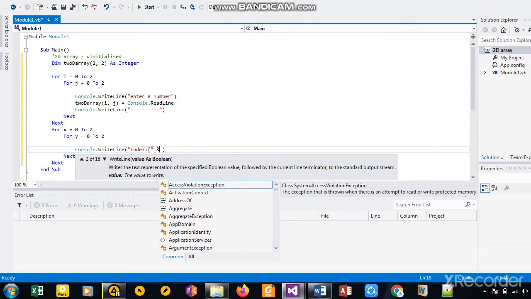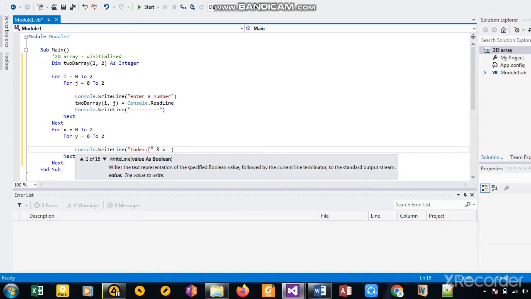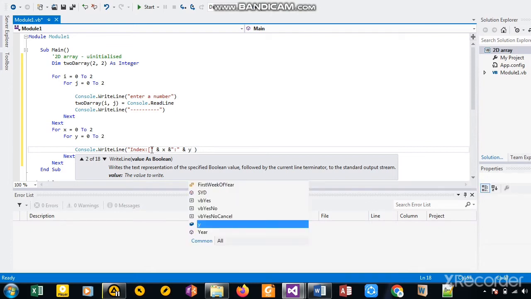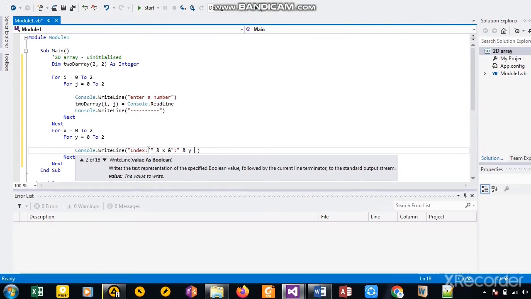So I'm going to say "index x", and then I need to put a semicolon, but it's going to be text, so I need to make sure that I put an ampersand, and then I put a semicolon, I mean it's a colon, sorry, and then I'm going to also display the value for y, so I then put another ampersand, since I'm going to be displaying a variable, and then I put a y like this, okay, and then I need to close this